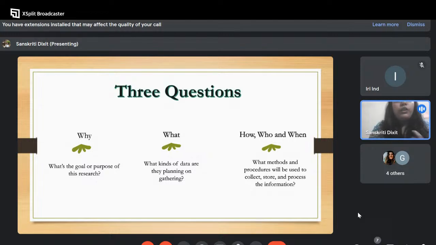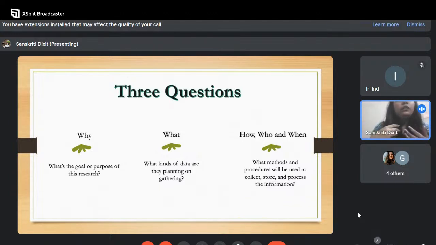Do you want interviews, or surveys, or lab data? What sort of data? It depends on why. And now who, how and when. First, what methods will be used, like how it will be done. So basically what will be the methods, and the second is who will be doing that. And it matters a lot because